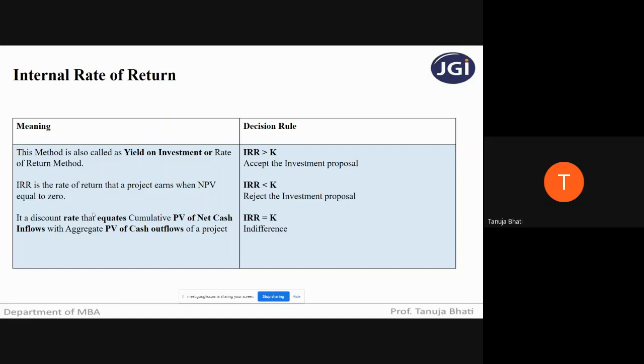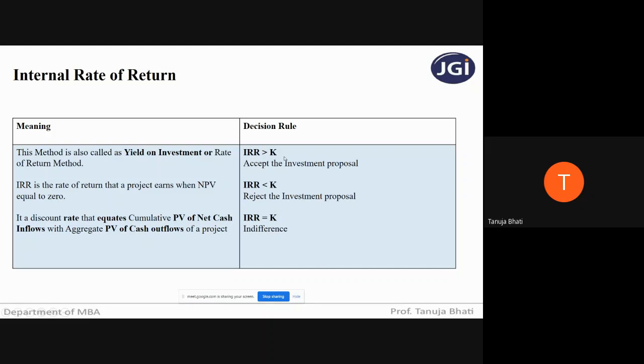Okay, so just see the decision rule. Internal rate of return is nothing but the rate of return that you are earning on a particular investment, but it is not in the form of inflows, it is the rate of return. And K stands for cost. We have already seen in our third module that cost is denoted by the letter K. So if your rate of return is greater than your cost,